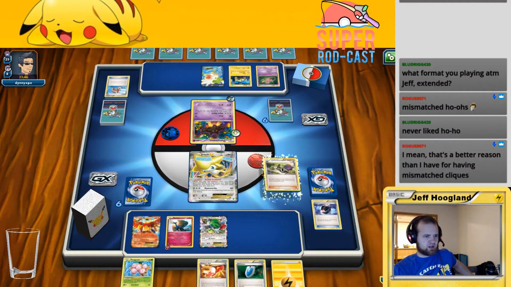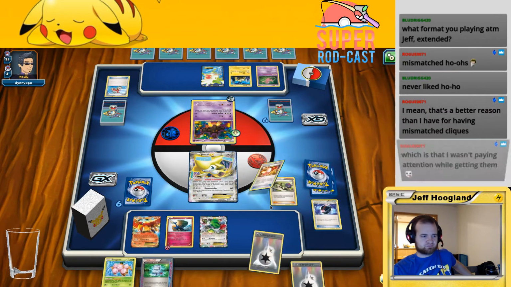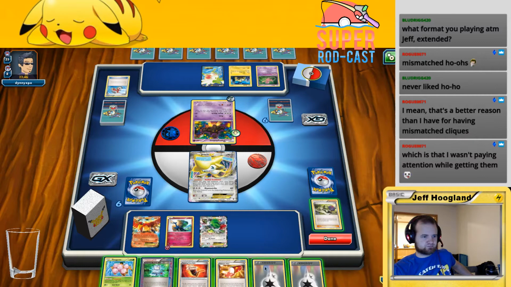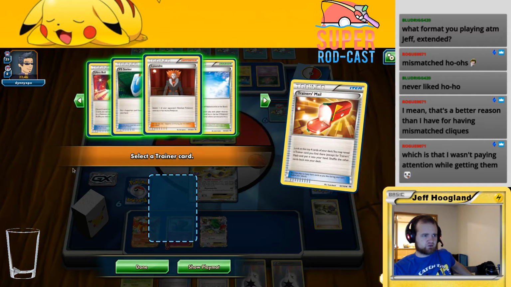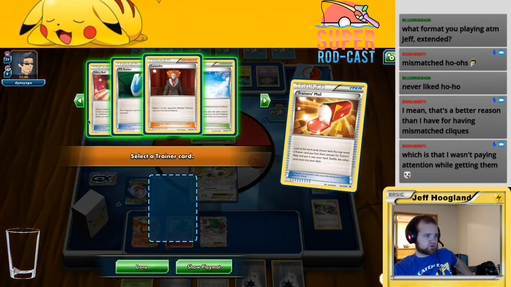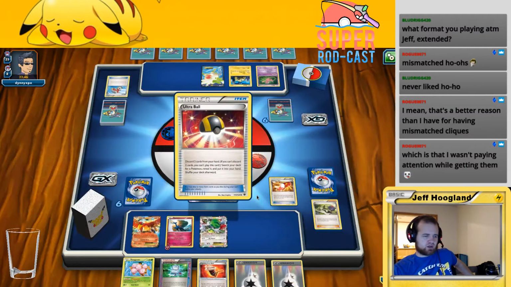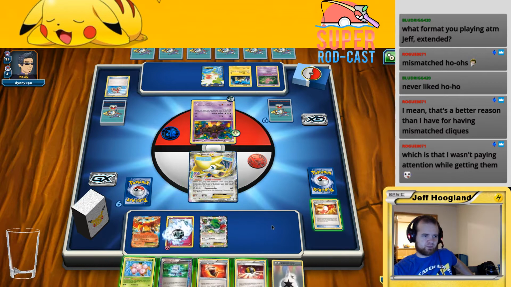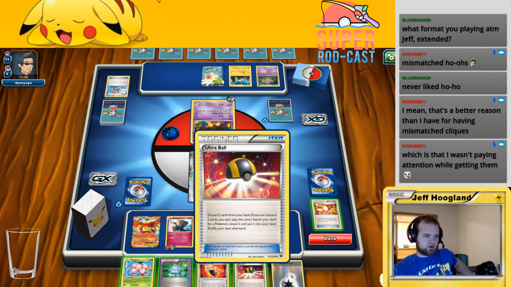We're looking for a double Colorless Energy. There's a double Colorless Energy. I'm going to go ahead and Trainer Mail here first, see what we find. Ultra Ball, Sky Field. Huh. So we're going to grab Ultra Ball here. And then... So double Colorless Energy has to go on here. And then we can Ultra Ball...